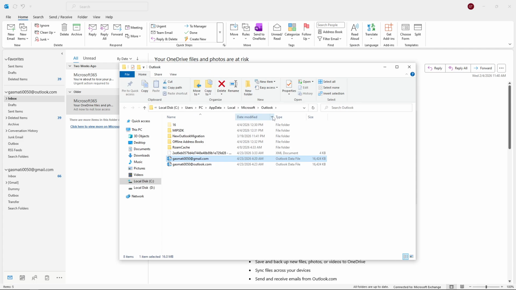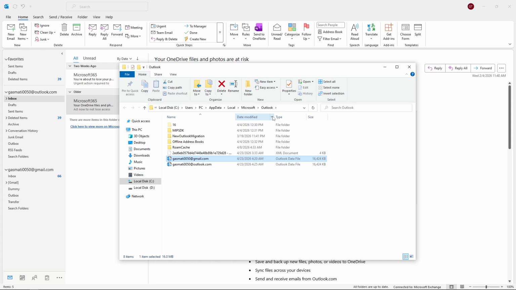You'll see your Outlook profiles stored here as PST files. These PST files contain everything: your emails, contacts, calendar entries, the whole works. Simply copy the PST file you need, transfer it to your new PC using a USB drive, cloud storage, or any method you prefer, and you'll automatically load the current state of your Outlook onto the new machine. Once on your new PC, you can import this file through Outlook's account settings, and everything will be exactly as